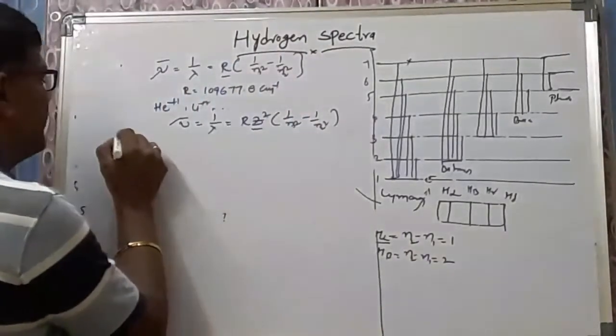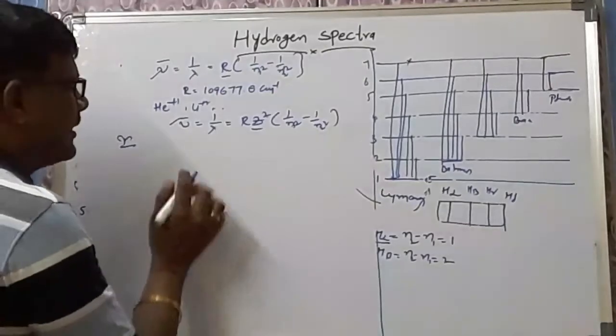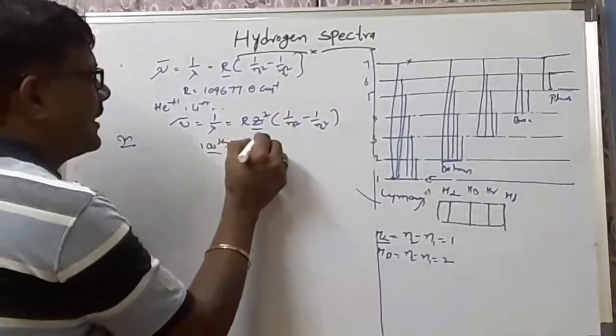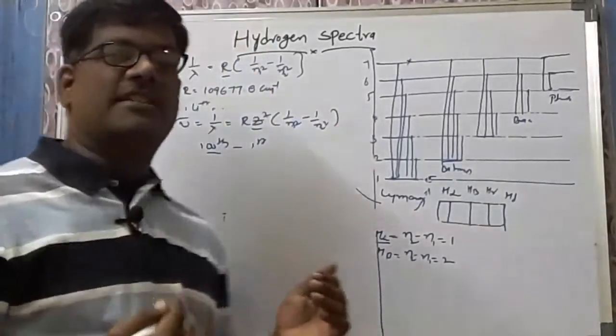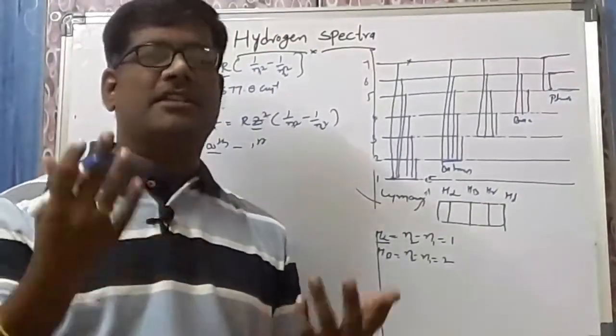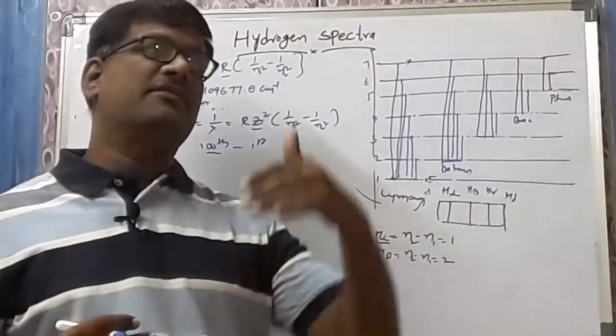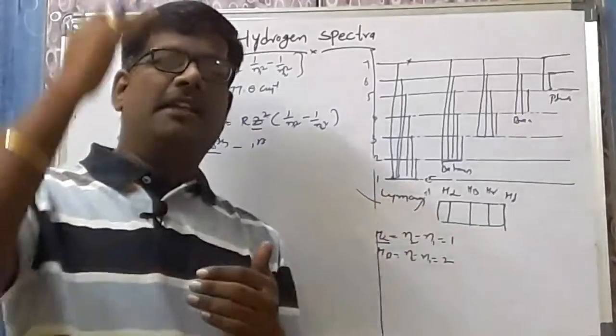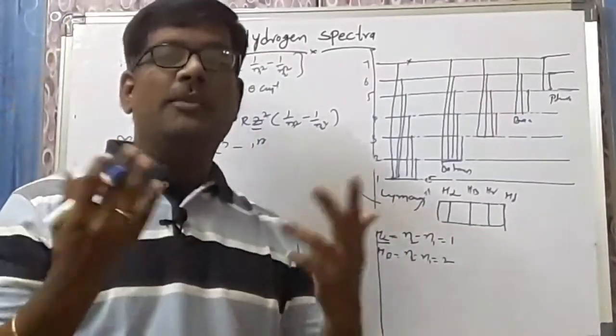Now I am giving the very, very important points. When an electron jumps from the 100th excited state to the first state, how many lines will you get? They ask this in your examination. So the electron jumps from any excited state to the first state. First state is nothing but the Lyman series. It is coming from 100 to 1. How many lines will you get?